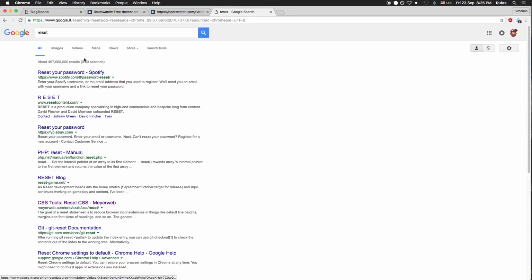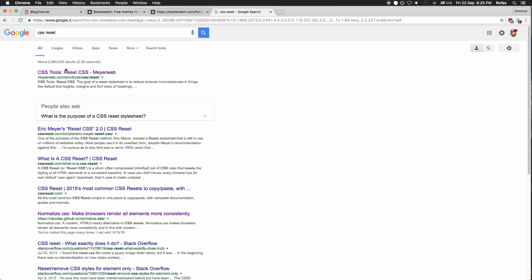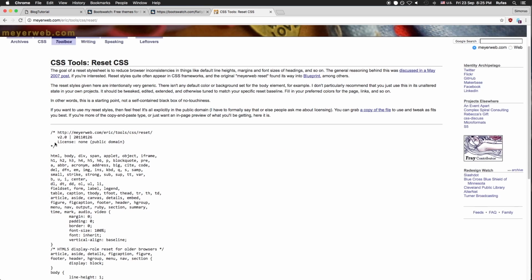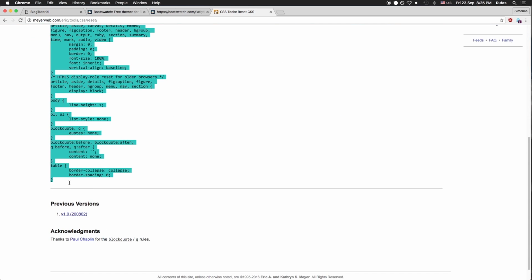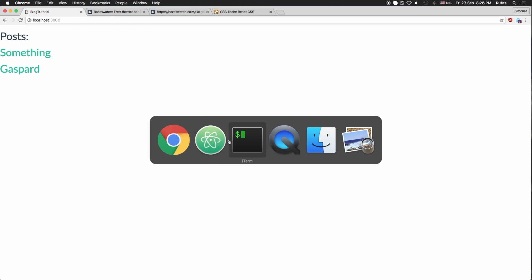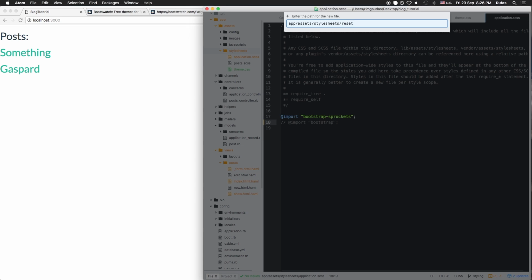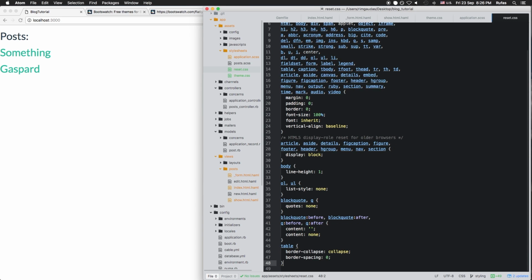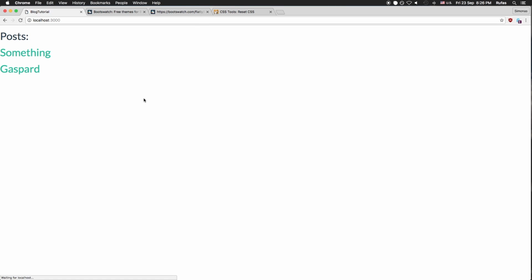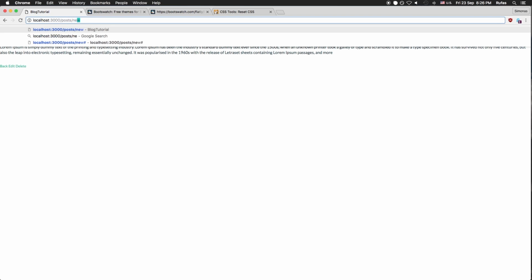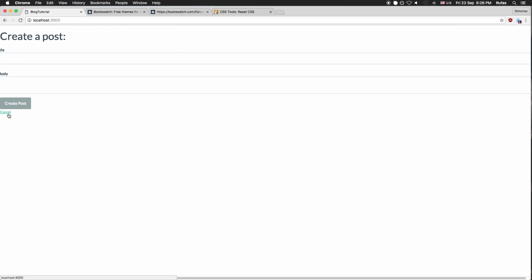And I would like to also add a CSS reset, so that our web page will be displayed the same on all different browsers. Let's go to stylesheets, new file, reset.css. Let's refresh. Okay, so now I'll be adding a navigation link, so users won't need to just type